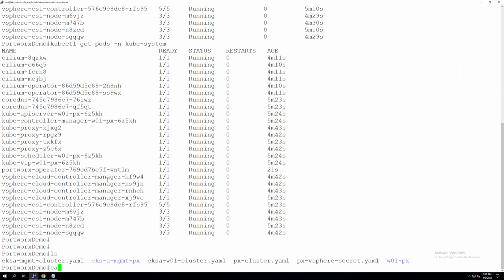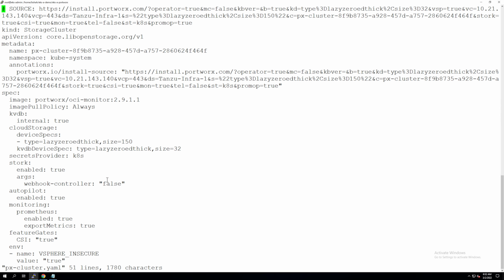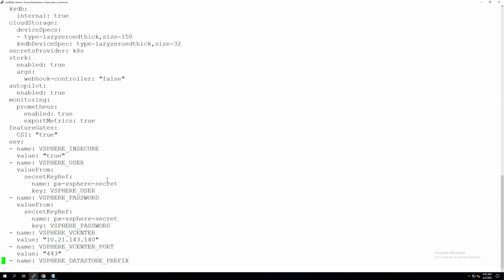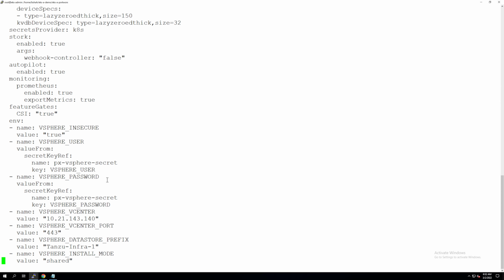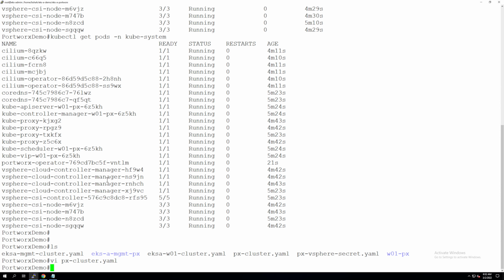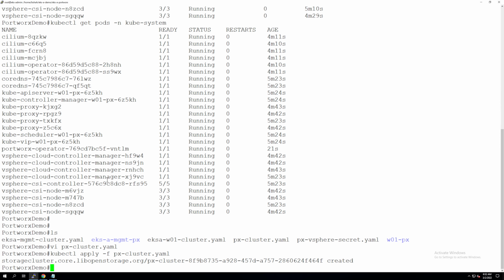And then at this point, once the operator is running, we can define or deploy the custom resource, which is a storage cluster. We have a YAML file already generated, which specifies the version of Portworx, the size of the drives that will get deployed, the vCenter endpoints, and the secret that we had created. So it points to that as well. And you can just verify everything looks good. Once it does, you can just do a simple kubectl apply of that YAML file, which will deploy the Portworx